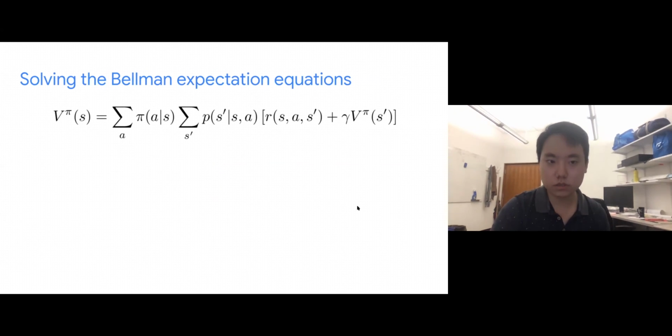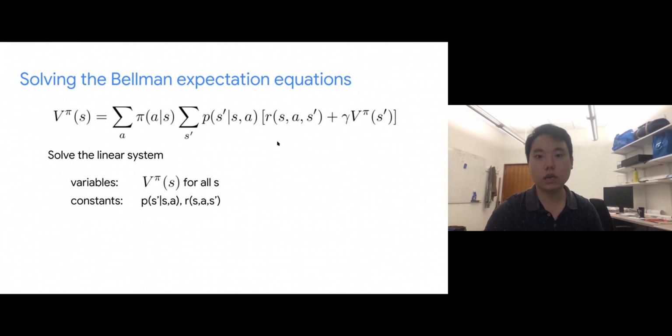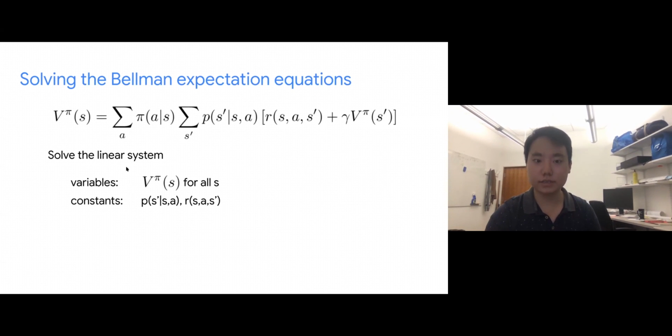So why is this useful? Again, we have this Bellman expectation equation that we just derived. In this case, I'm using the one for state value functions. What this is here is actually a linear system. For all states s, there's this v pi, which is the object of interest, and everything else here is